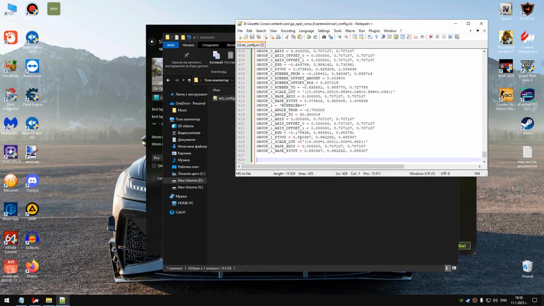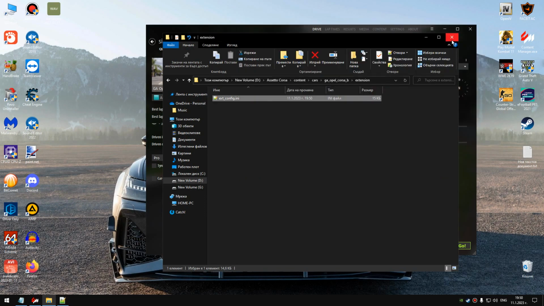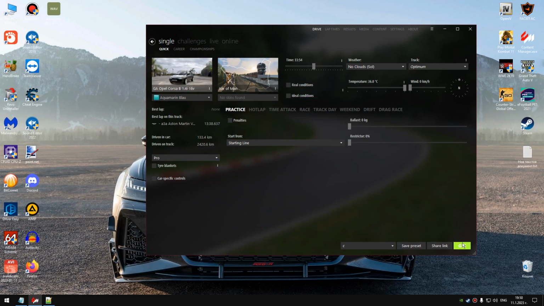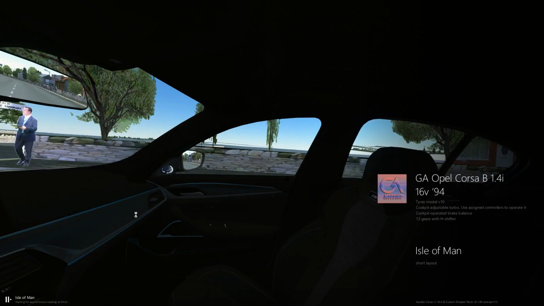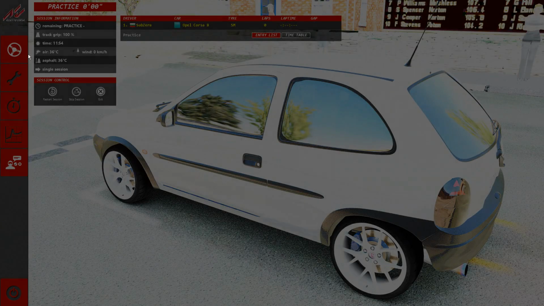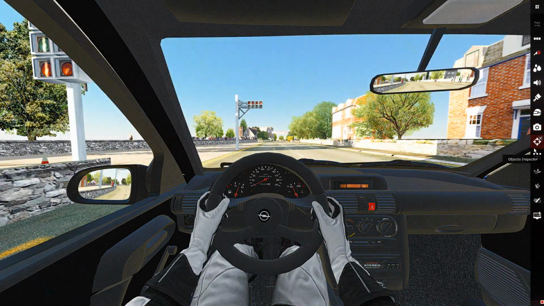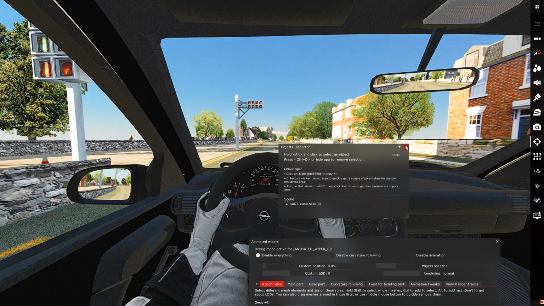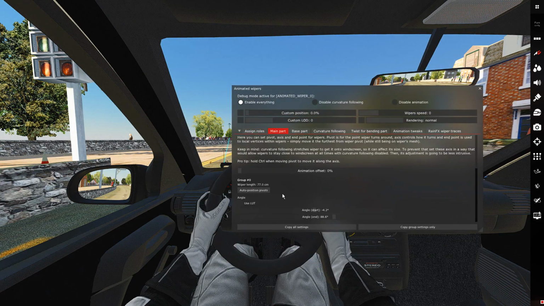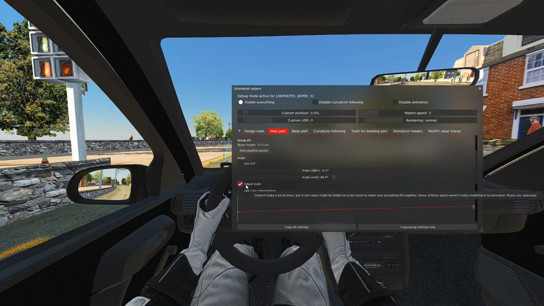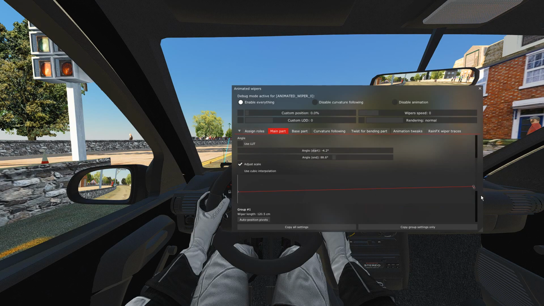Okay, let's say the group 1 scale out, but for this option to be available here in this text, you need to activate this adjust scale, and when you put a tick here and you move it,